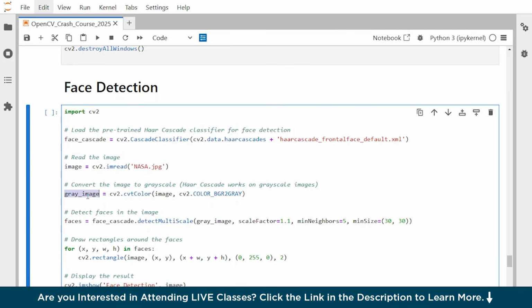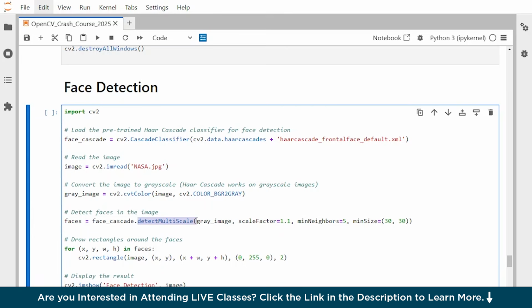Now, we'll detect the faces. What do these faces mean? Because in an image, we can have multiple faces. So what I want is 4 things. What is the starting point of a face in an image? If there is a face in an image, at what pixel is it starting? On that pixel, what is the width of the face and what is the height of the face? 4 different things. This face_cascade object's function detectMultiScale is going to detect multiple faces in